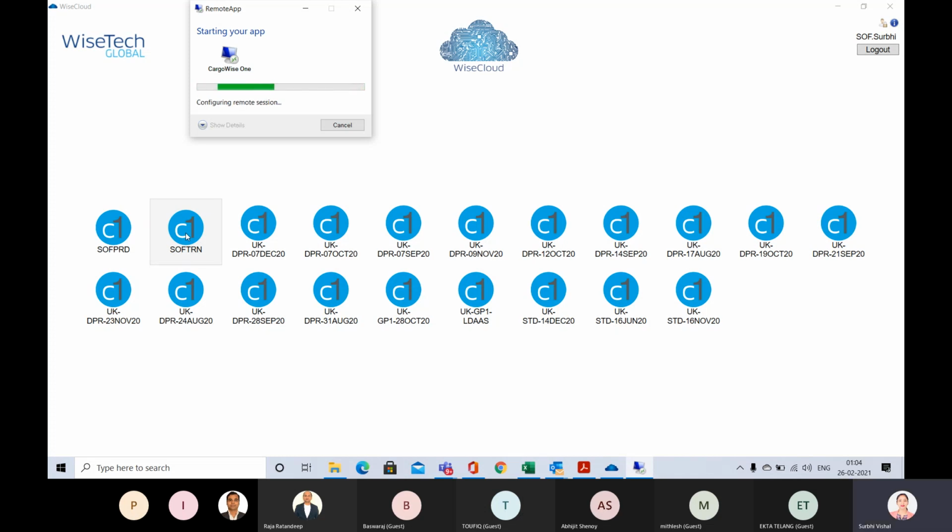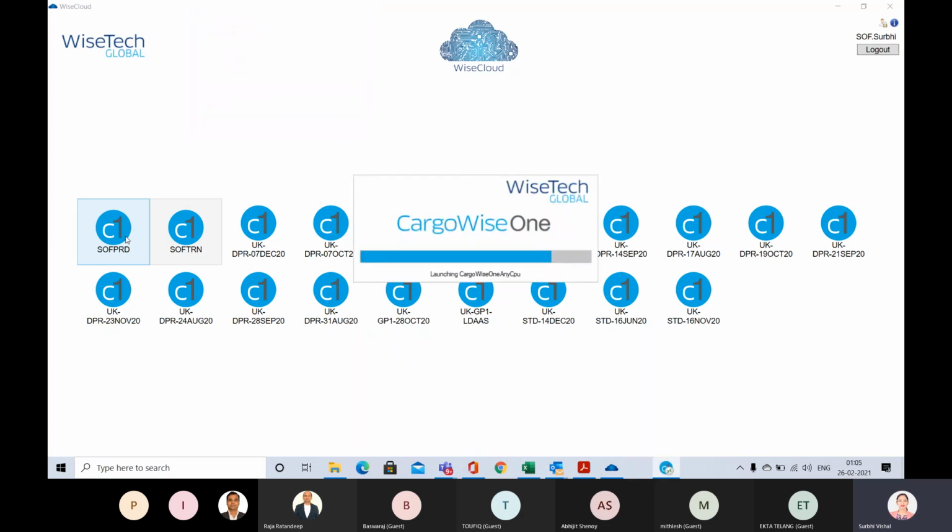Till it opens, I just want to give you a brief. If you open your production system, you will be directly taken to the CargoWise main screen. But if you click on the training system, then you have to enter your second login credential.